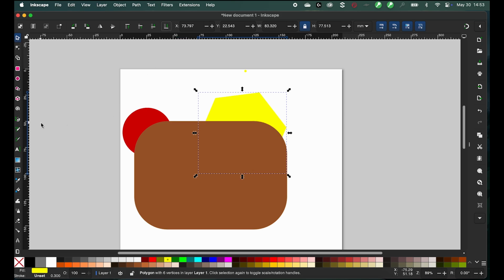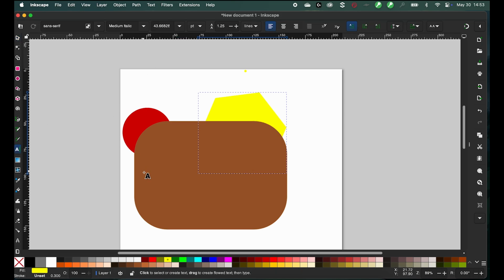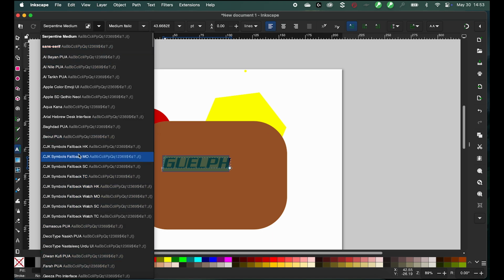The final shape tool I'm going to mention is the text tool. It can be found about halfway down the working toolbar. This text tool will allow you to add custom text to the design. Once we formulate some text, we can go up here to the tool menu and change to different fonts, styles,